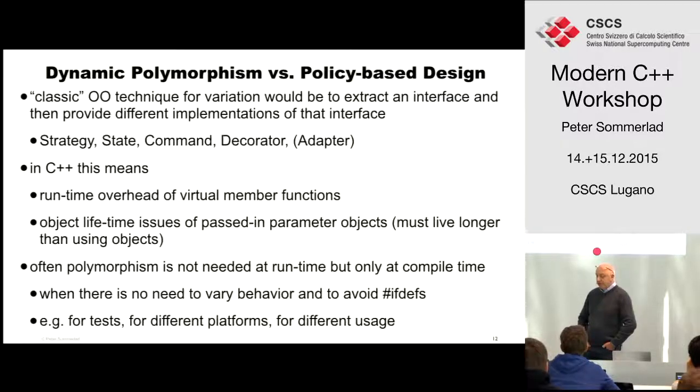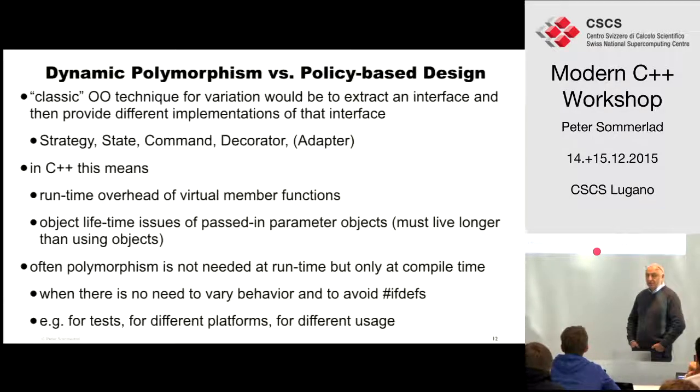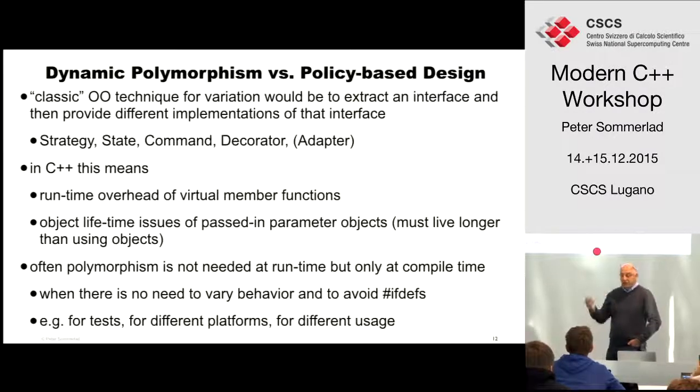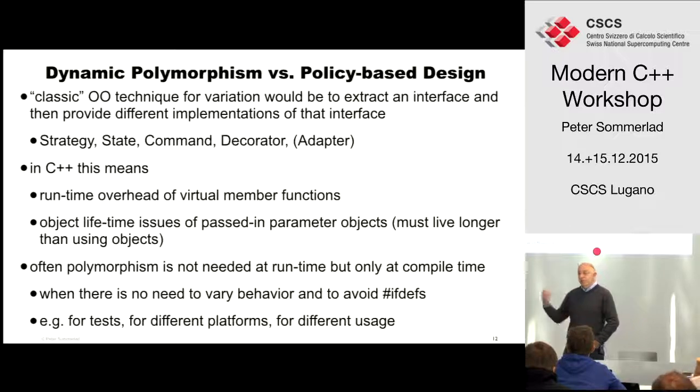And as an example, there's the strategy design pattern, which is, let's say, the most generic one to understand dynamic polymorphism. You delegate some steps of an algorithm to another object, where you define the interface up front, and then different implementations of that object actually will solve the problem for you, maybe with different algorithms or with different preset conditions, and the overall algorithm stays the same on the client side.